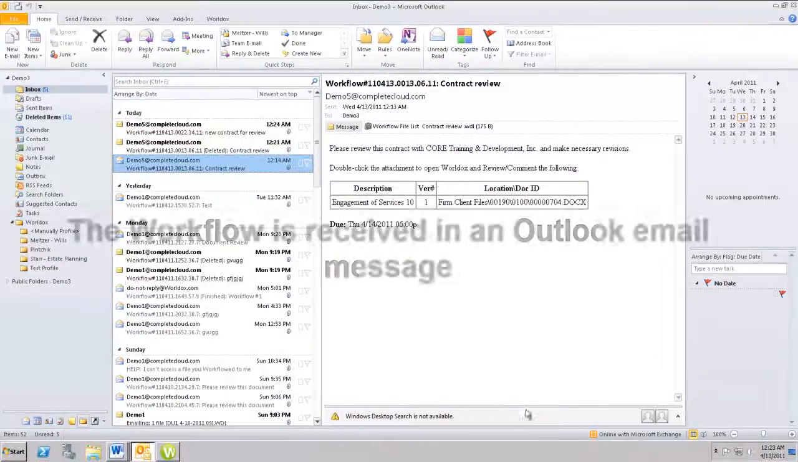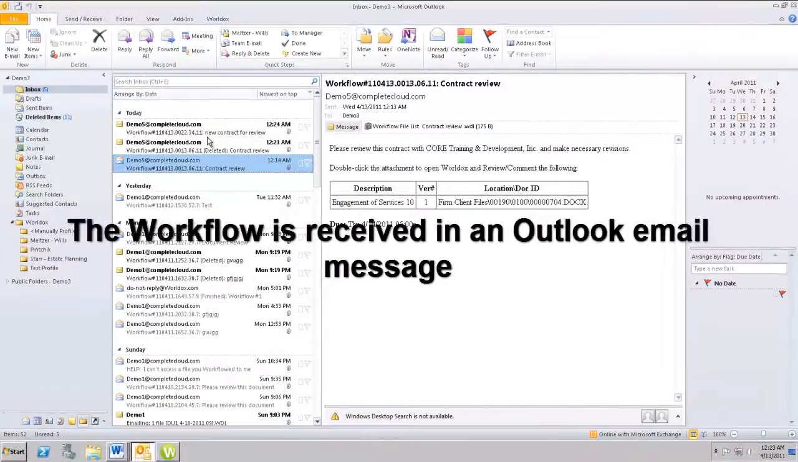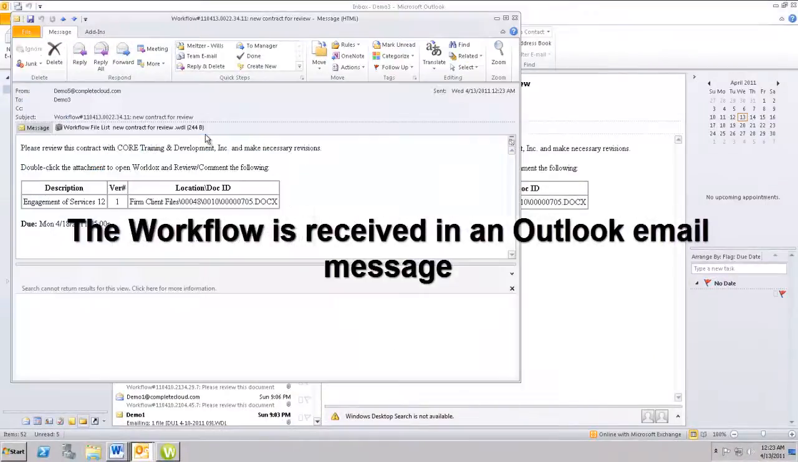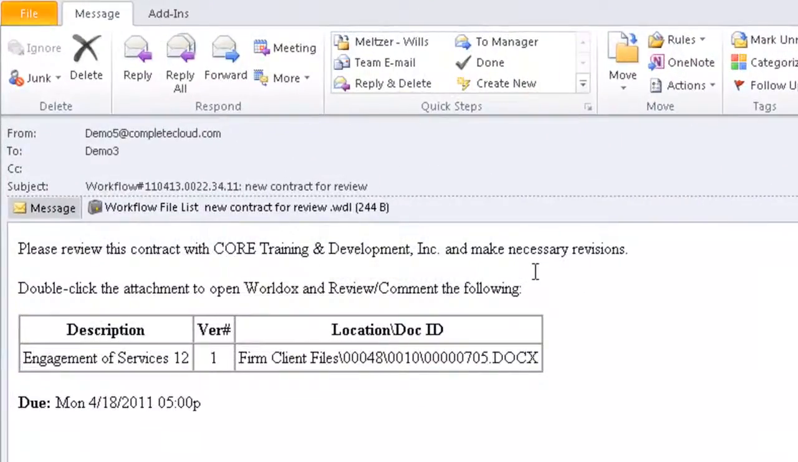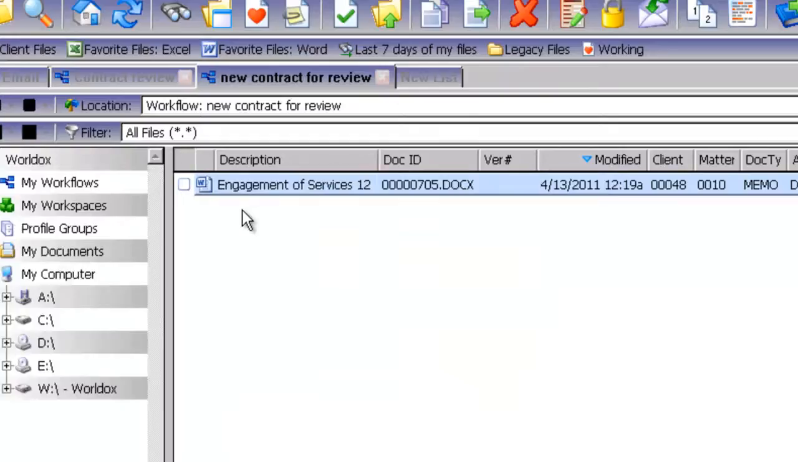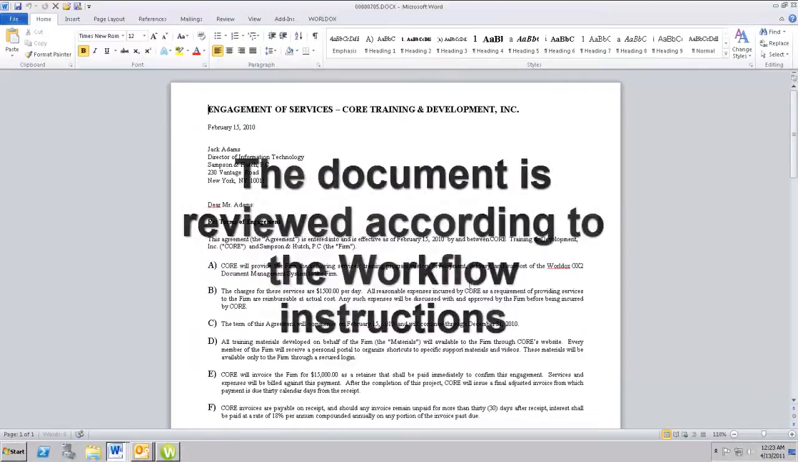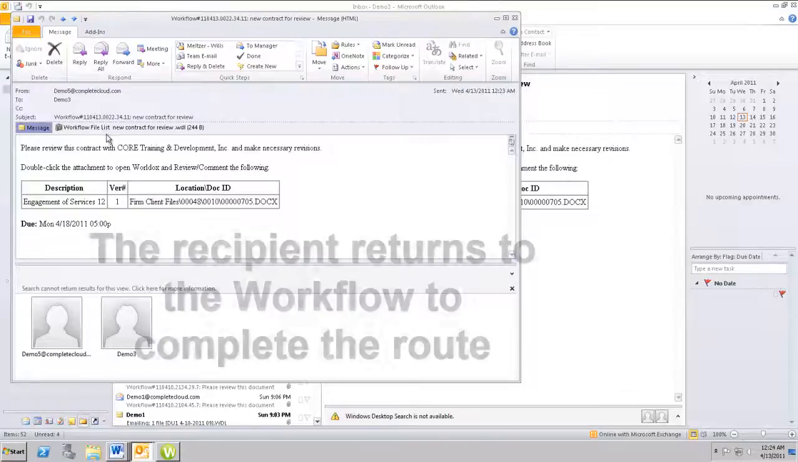The receiver of the workflow acts on the workflow by first opening up a received email message. Within that message are details about the workflow. You'll see the subject line and due date information, as well as an attachment. It's when double-clicking on the attachment that Worldox will open, and the receiver can open the document that needs to be reviewed. The recipient can make changes to the document and then returns back to the workflow email message where